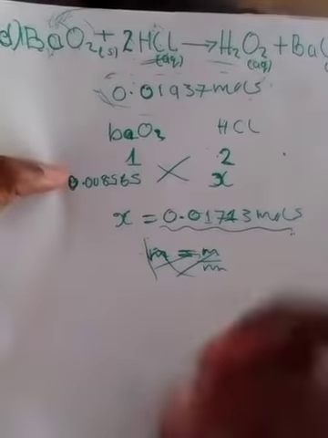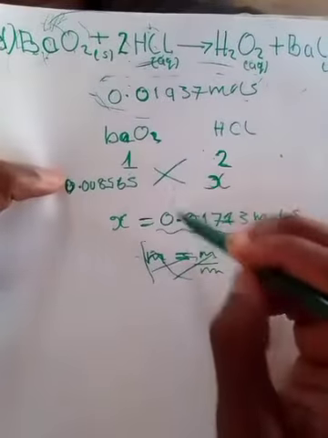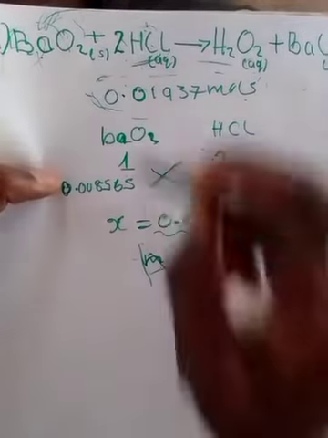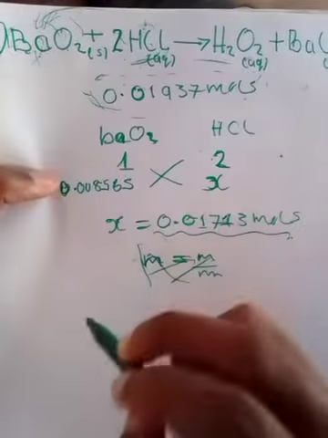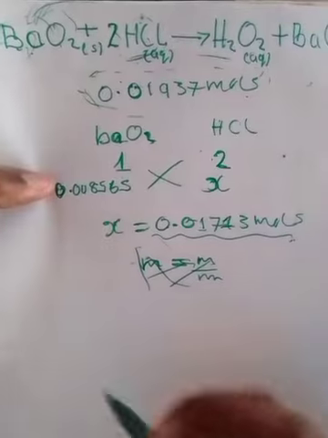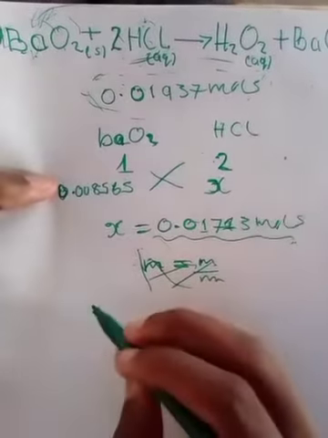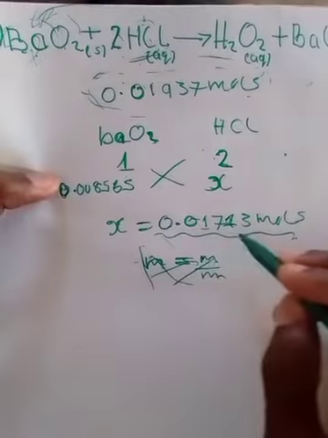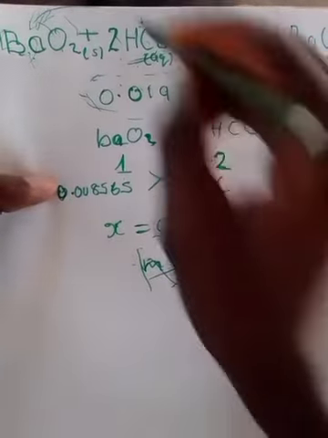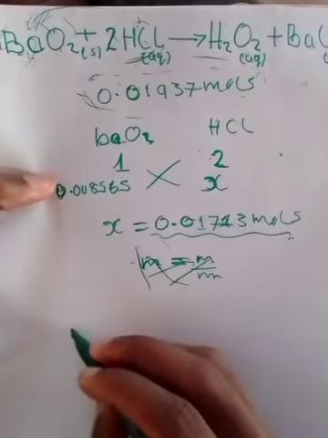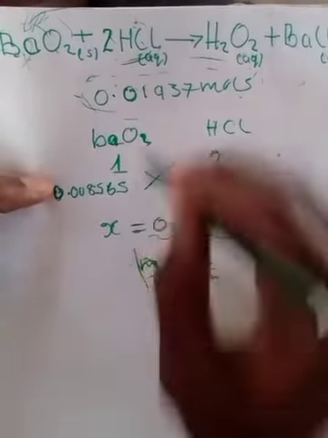I'll show you the other one for using the mass. Let me just finish using the number of moles, then I'll show you the one for using the mass. Okay, so we found the moles that were used up. Now, having found these moles, to find the one that remained, you're simply going to subtract. You're going to say, I know that initially, before the reaction even started, there was